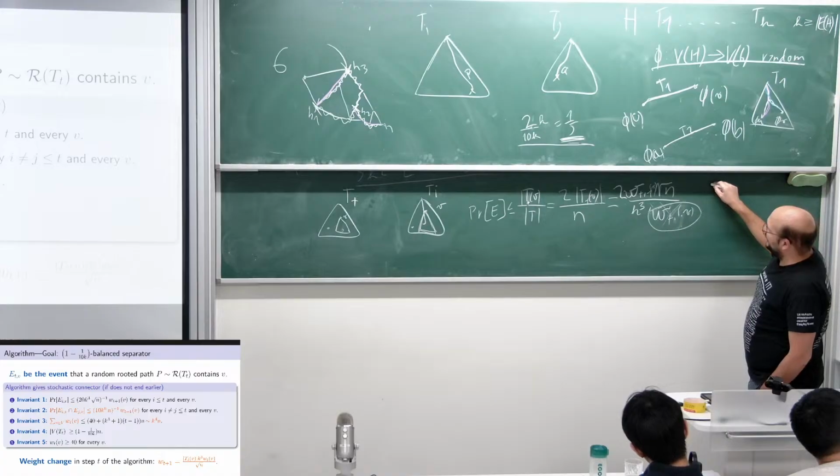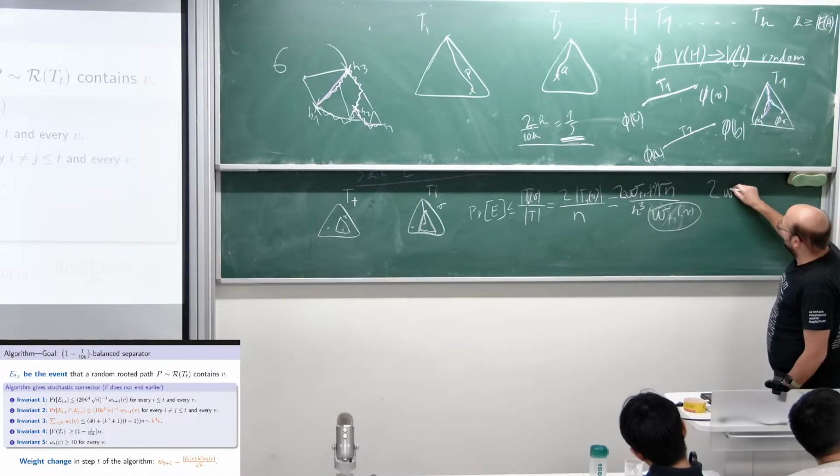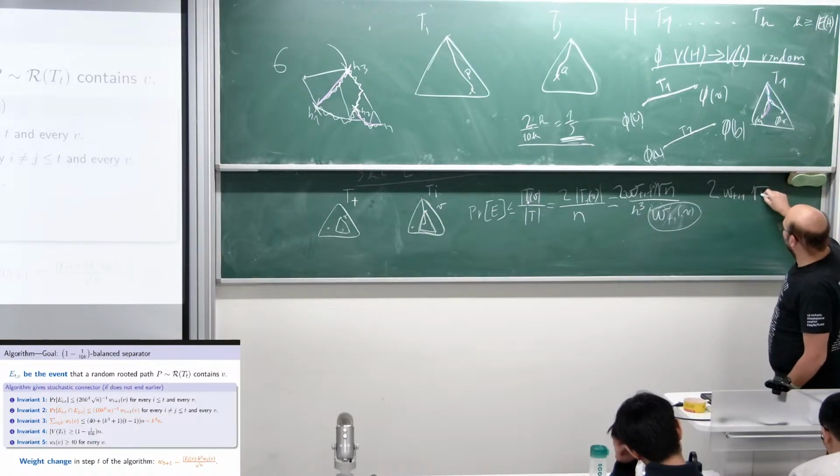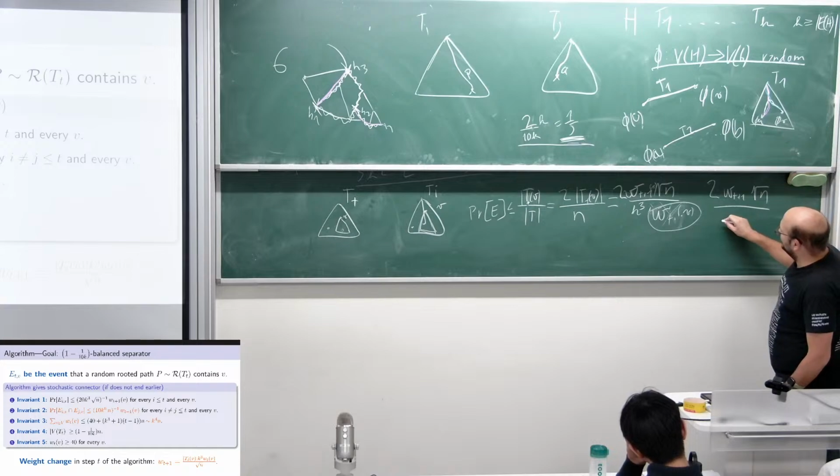So if I repeat it here, I will have this Vt plus 1 square root of n, and on the bottom I have